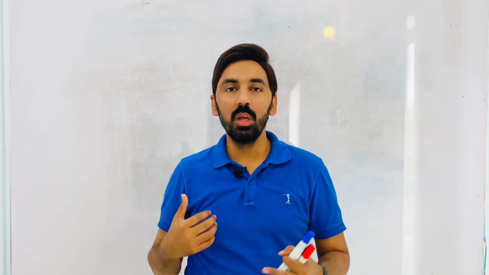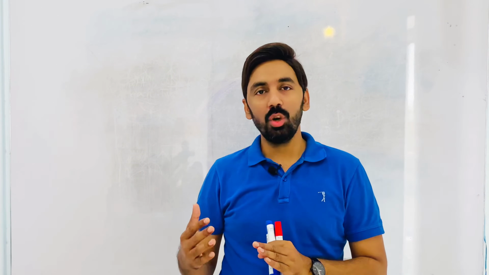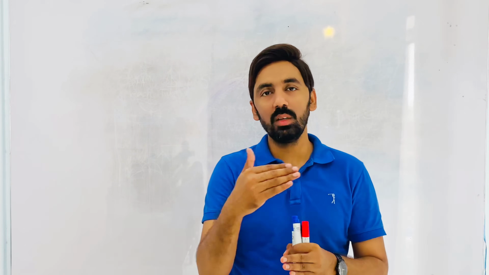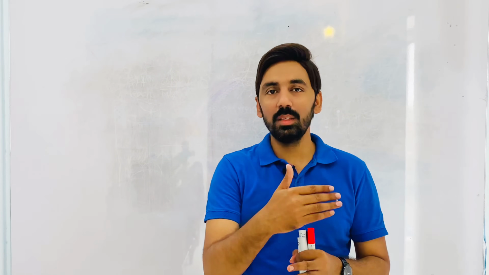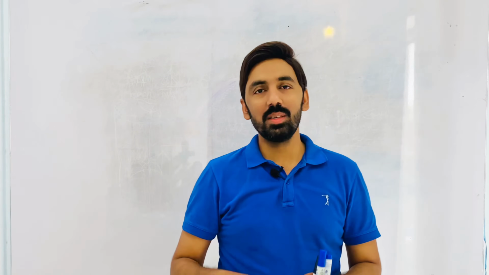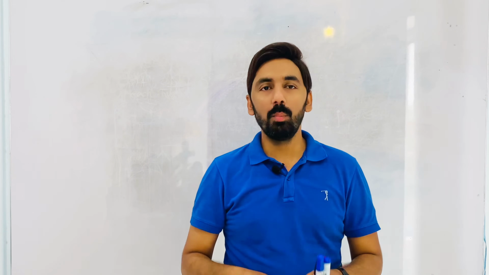You know very well the axial length of the eyeball is 24 millimeters. The process in which all these parameters travel towards the normal, towards emmetropia, is called emmetropization, right? We will discuss emmetropization in detail in some next videos. So in this video we will discuss some important points